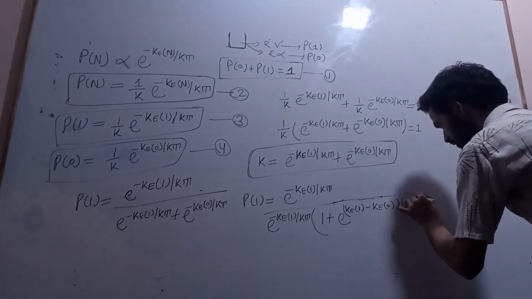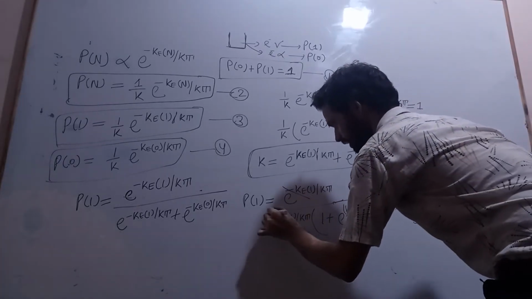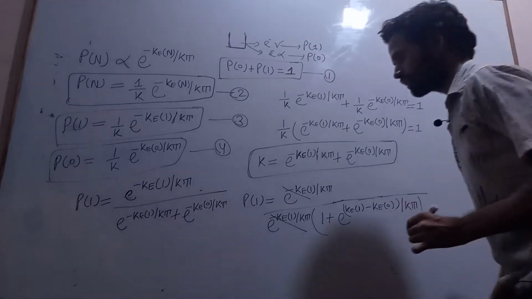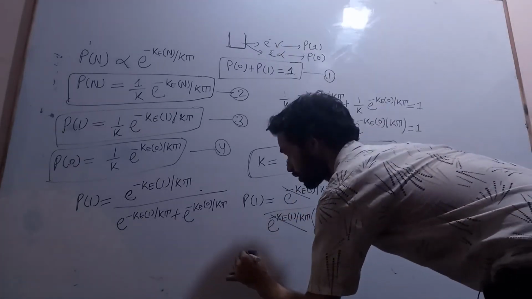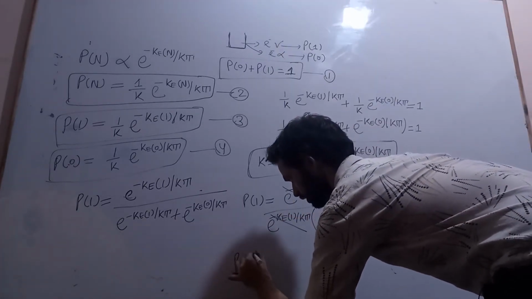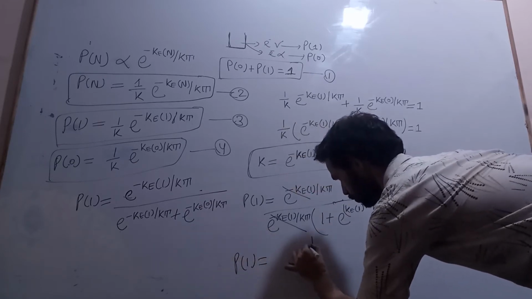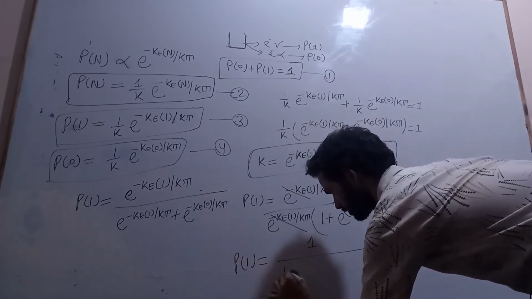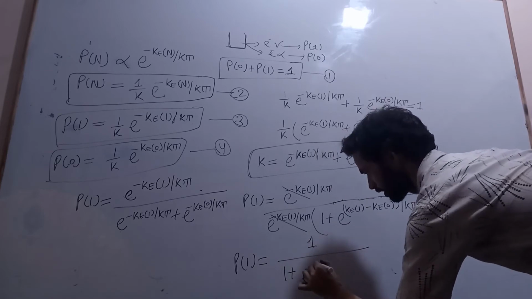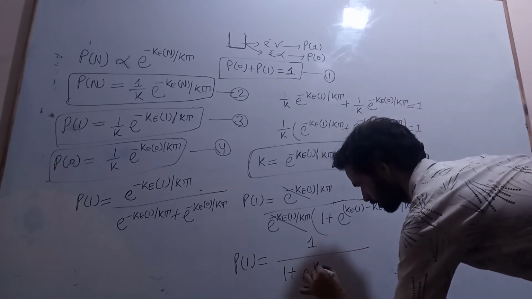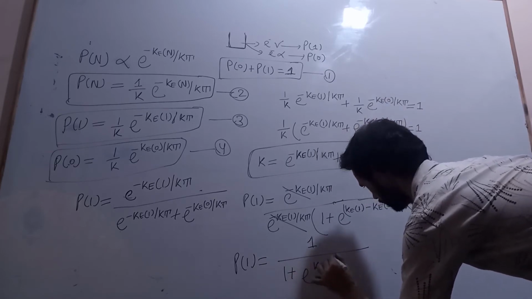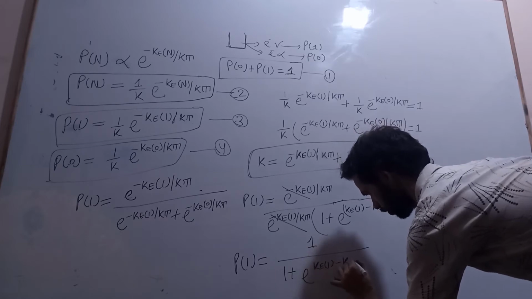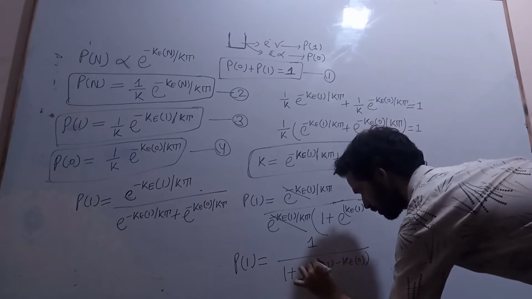This will get cancelled, and finally we will get P of 1 is equal to 1 by 1 plus e to the power KE of 1 minus KE of 0